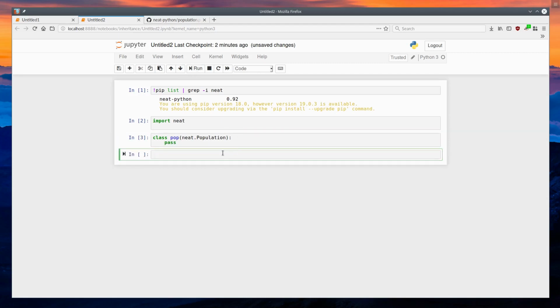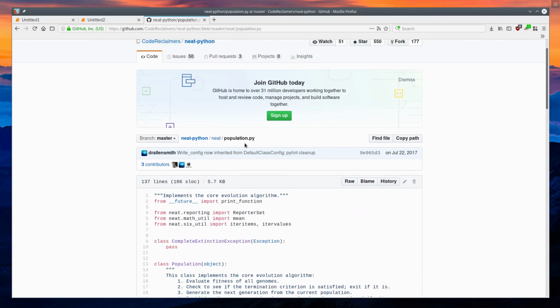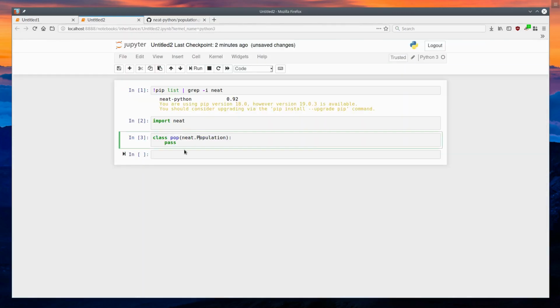So this class pop contains population. It contains this module or class. I don't really know what they're called. But that's obviously not what we want. We want it to do something else. So to do something else, basically we can now override the run function if we want. This pop has everything inside population built into it. So if we just pass, we should actually implement the rest of